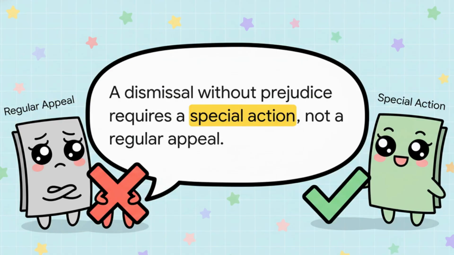In that same property case, the trial court dismissed the complaint without prejudice, meaning the plaintiffs are totally free to just refile it. But instead of doing that, the heirs tried to file a regular appeal under Rule 41. The Supreme Court immediately stepped in and said, no, absolutely not. An order dismissing an action without prejudice is not appealable that way. You either refile it, or if you really think the judge committed grave abuse of discretion, you file a special civil action under Rule 65. If you use the wrong legal remedy, your petition gets dismissed outright. Keep this strict adherence to the rules in the back of your mind as we raise the stakes.